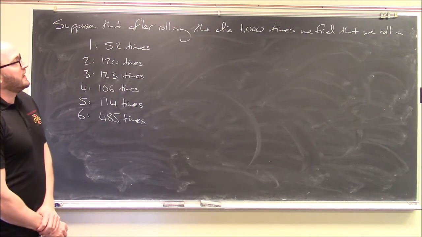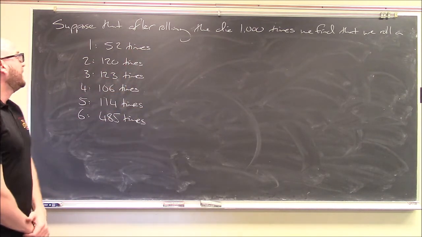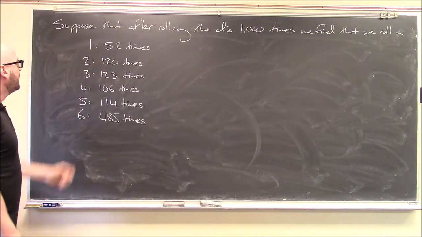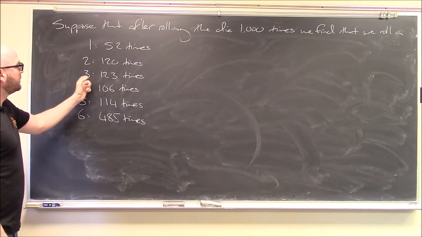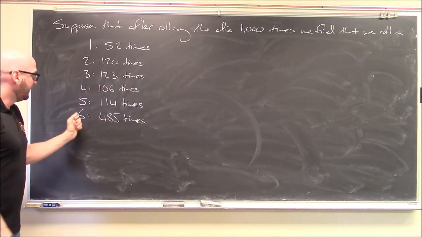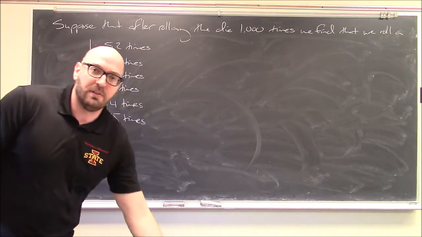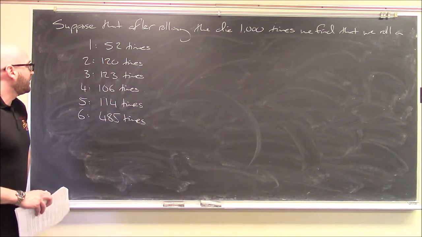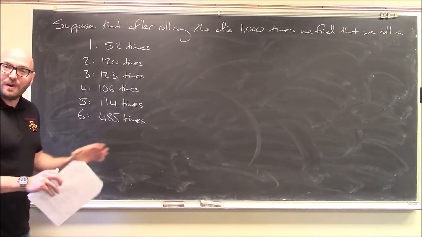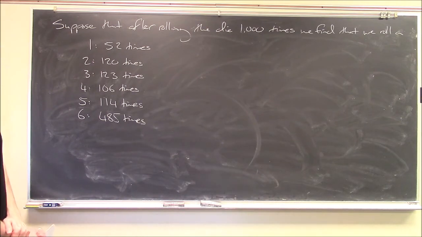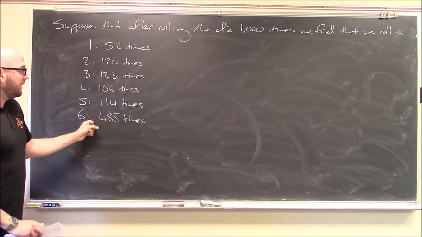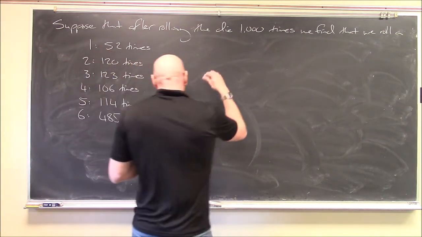But suppose we actually tested and we roll this die 1,000 times and we get the following results. We find that we roll a 1 only 52 times out of 1,000, 2 120 times, 3 123 times, 4 106 times, 5 114 times, and 6 485 times. So it certainly doesn't look like our die is fair. It's possible we just got very unlucky, but also extremely, extremely unlikely. So it looks like this is a weighted die that's heavily weighted to favor rolling a 6. Alright, so based on this